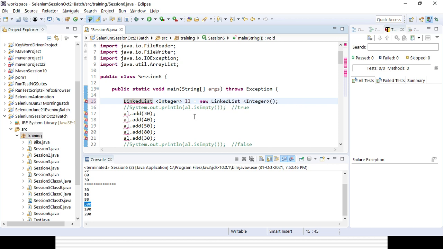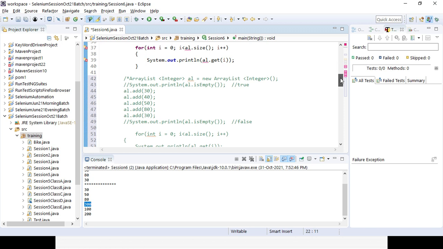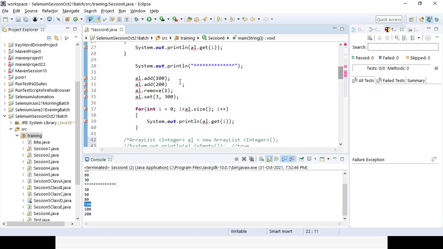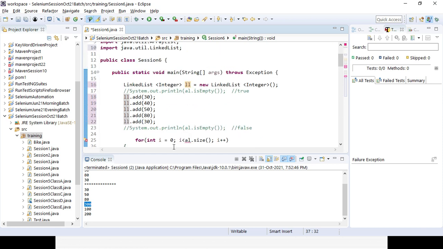Variable, I need to change it. Okay, so the same way it will behave. And here also I can change it. Yeah, also I need to change it. So whatever behavior the array list has, it will also have the same behavior. So it can contain duplicate values, right?